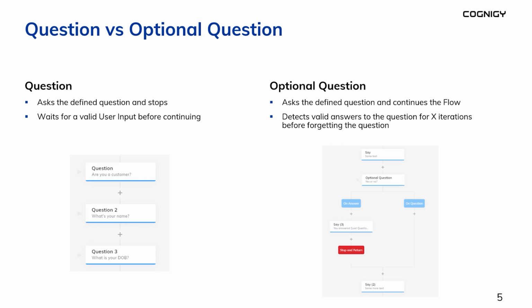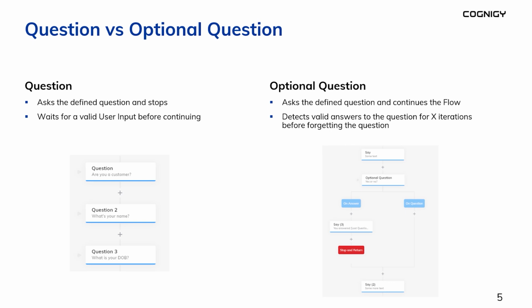If I say Phil or 1, 2, 3, those will not be valid answers, and I will be reprompted until I give the correct answer, and then it will go to question 2. This one is what's your name, which is a text question, so now I say Phil. Goes to question 3, it says what is your date of birth? I say Phil, it says that's not a valid answer, what's your date of birth?